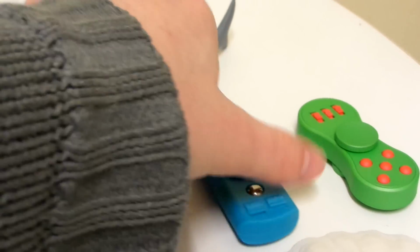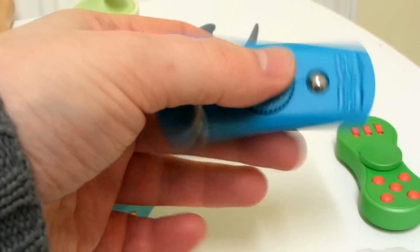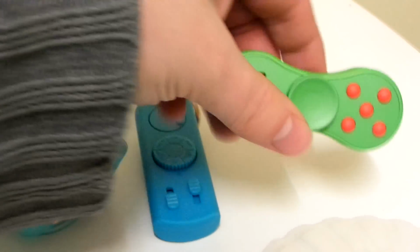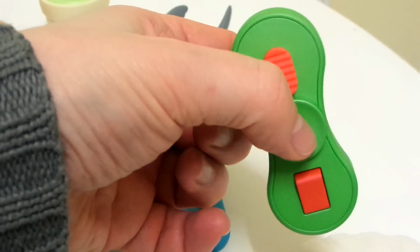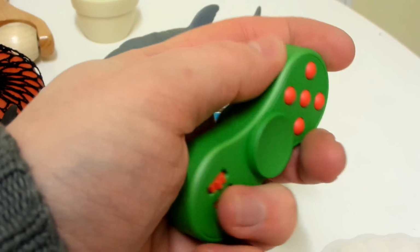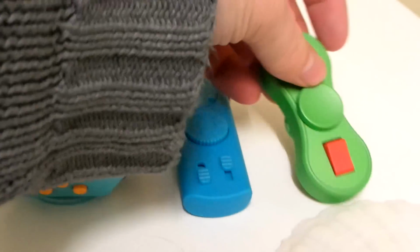And then you've got this one which looks like a remote control. And then there's this one as well. I think it's the paint that's on it. It kind of has a slight rubbery feel. And then you've got the